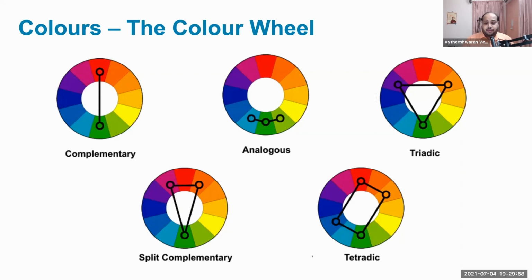With the 3-color system, you can also go for a triadic or a split complementary scheme. These are a bit more adventurous, where you have a wider spectrum of colors. If you move in this manner, in a triadic or a split complementary, if you rotate these triangles and arrive at those 3 colors, you can get a very exciting warm versus a very exciting cool look to your presentation. Whether you want to go for the warm side or the cool side, you can do that.